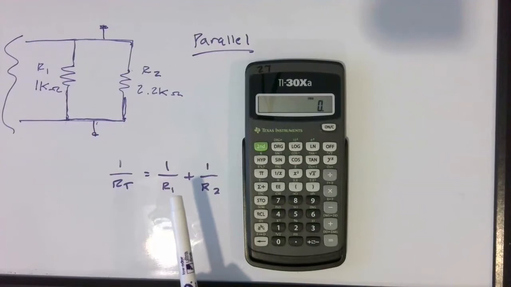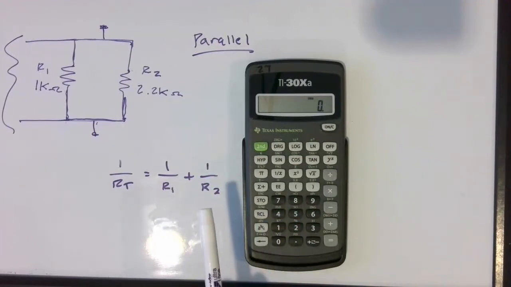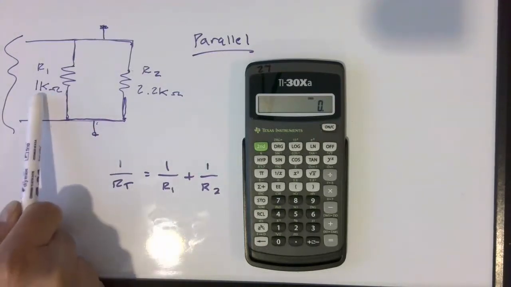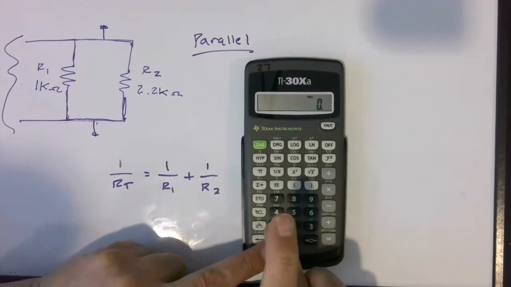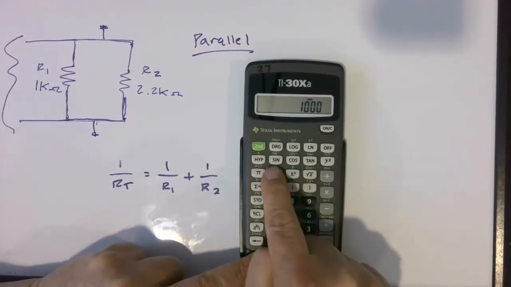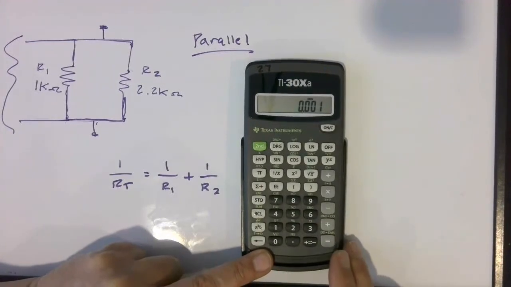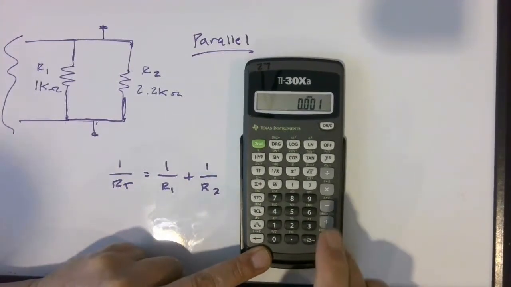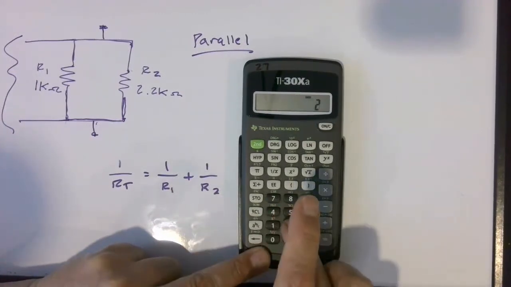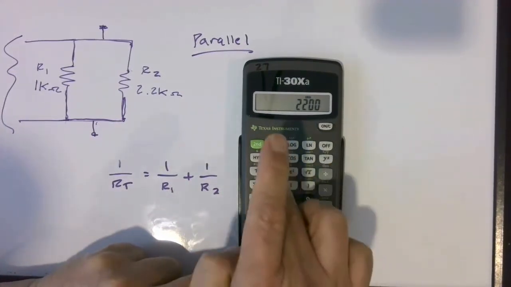The nice thing about this formula is you can actually have multiple resistors in parallel, and it makes it a lot easier to calculate. So let's see how this works. I'm going to plug in the first value, 1,000 ohms here, 1000, and I'm going to press the 1 over X button, and that gives me this value of 0.001. Then I'm going to add 1 over R2, so I'm going to take 2,200, 1 over X,